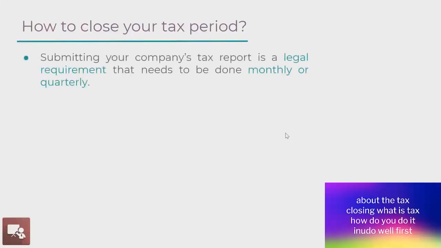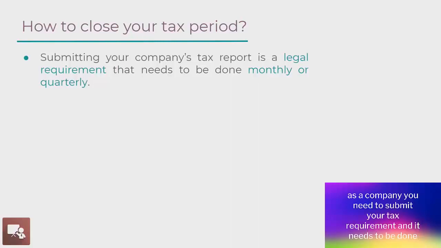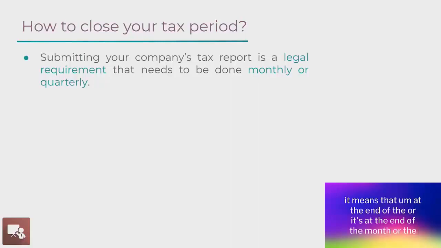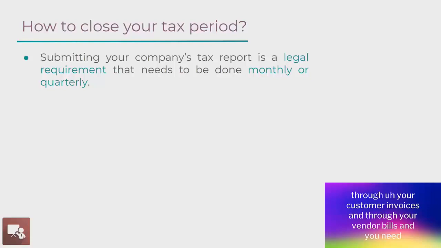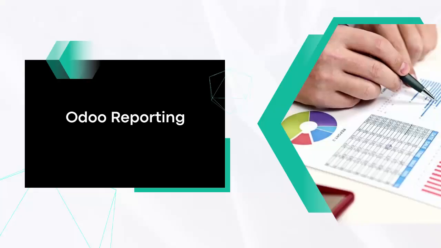About the tax closing. What is tax? How do you do it in Odoo? Well, first, as a company, you need to submit your tax requirement and it needs to be done. It means that at the end of it's at the end of the month or the end of the quarter, you need to make the sum of all the taxes that you've